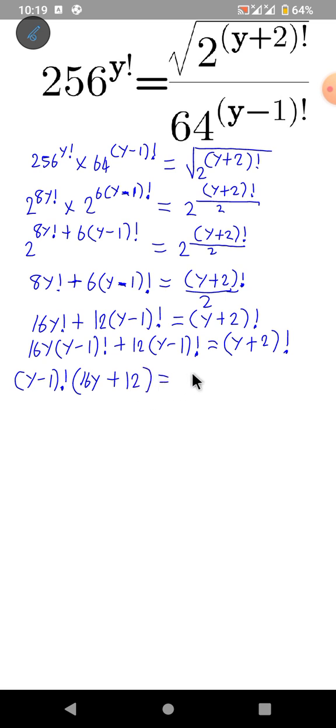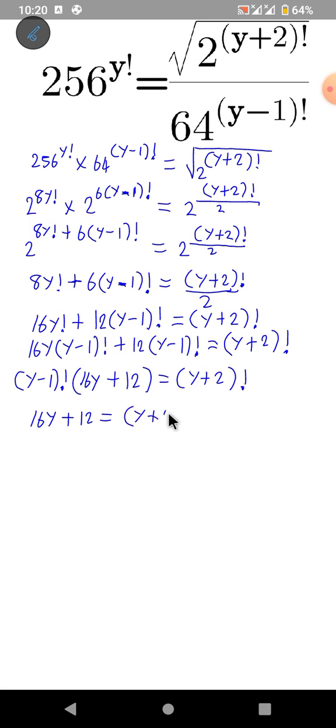Then all equal to y plus 2 factorial. Now my next step will be to divide both sides of this expression by y minus 1 factorial. So after doing that, we have something like this. We have 16y plus 12 equal to